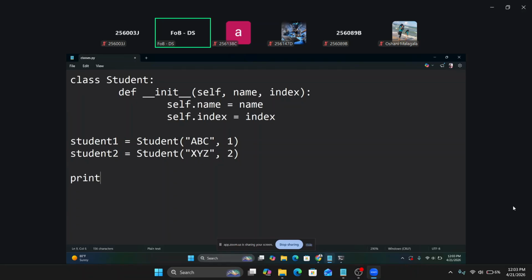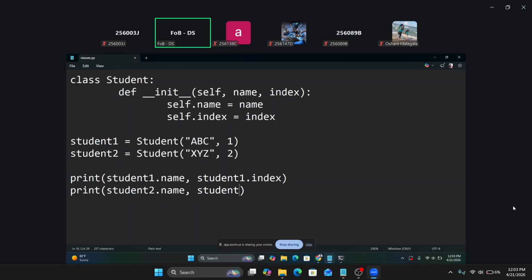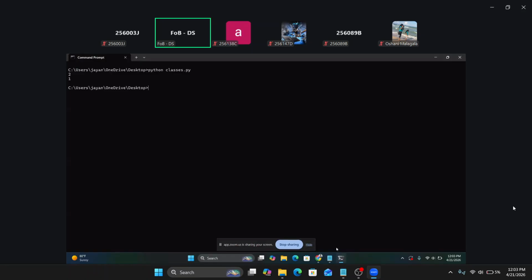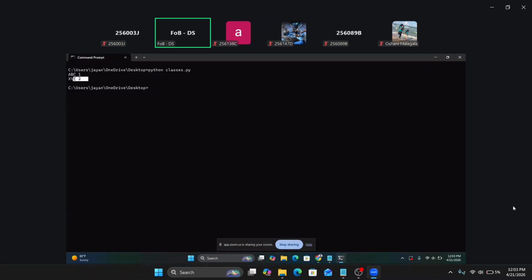Let's print the details of student1 first. Student1.name, student1.index. Similarly, print student2.name and student2.index. Let's save the file and see the output. See, ABC and 1 for student1, XYZ and 2 for